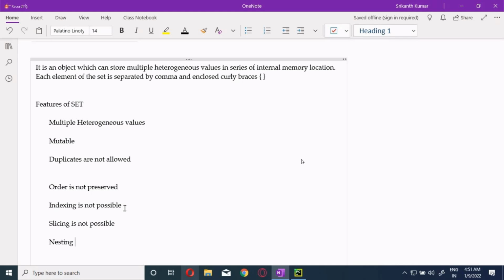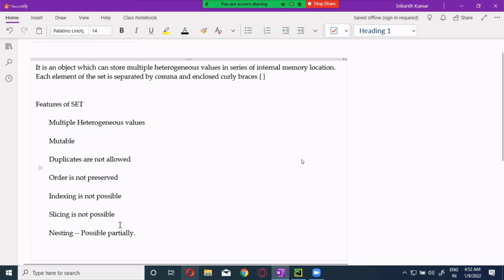Remember that. Only immutable ones, like tuple, are allowed inside this. So nesting is possible partially. I will explain this when we do it. Okay, guys, now this is all about the set.